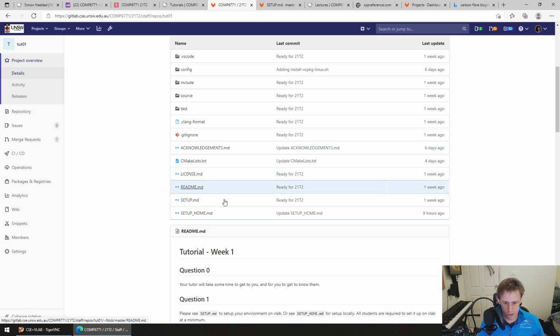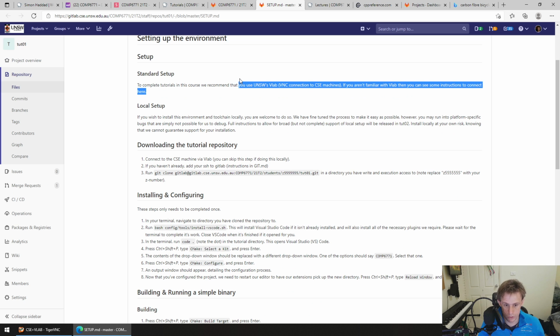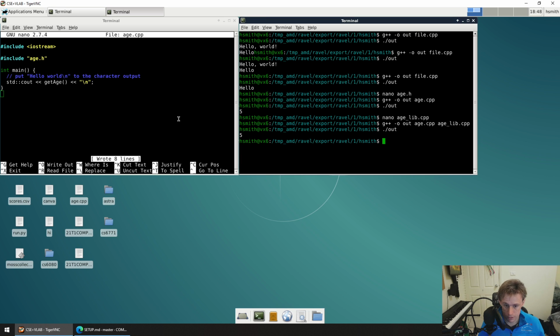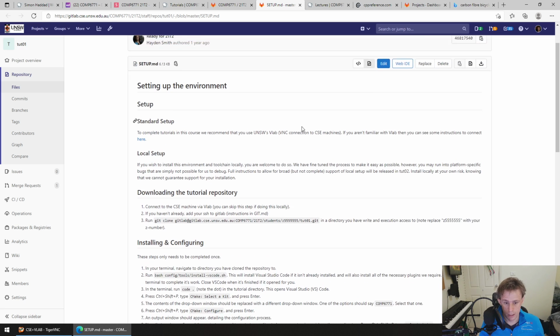Okay, so you open tutorial 1 and you go to setup.md. Everything you need is in here. To complete this tutorial, we recommend you use UNSW's VLab, which I've already got up here. Now, it shows you the first thing, which is to clone it. So on VLab, I'm just going to close one of these. I'm going to make a new folder called CS6771, which I've made. And then inside that folder, I'm going to